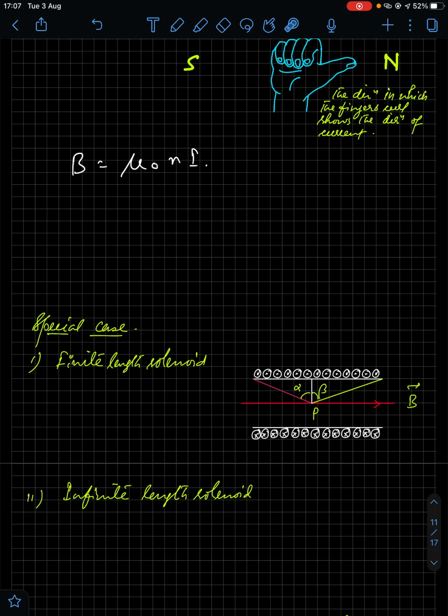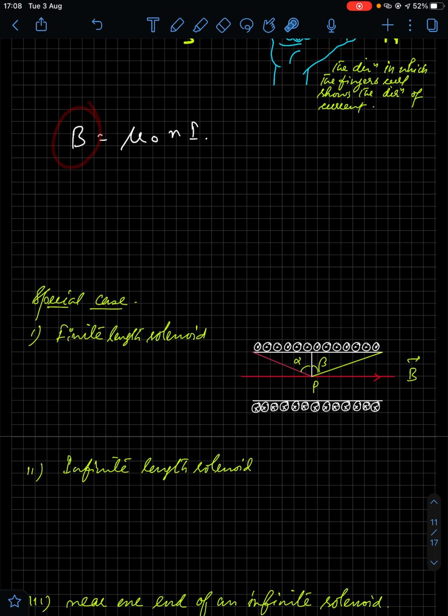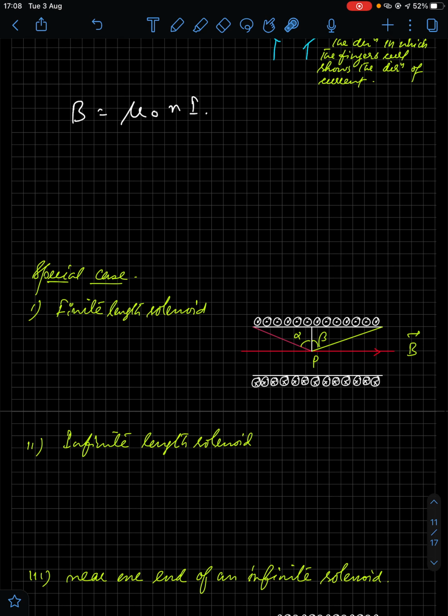A special case, finite length solenoid. In case of a finite length solenoid like this, the magnetic field is also at the center of the solenoid. So here at the point P, this is the center of the solenoid. Now here these dots are representing that the current is coming out through the wire and it is entering through this, as shown. In such a case, again, this will behave as north and this will behave as south. That means the magnetic field direction is from south to north, this way. South to north inside the solenoid, outside the solenoid it is north to south.